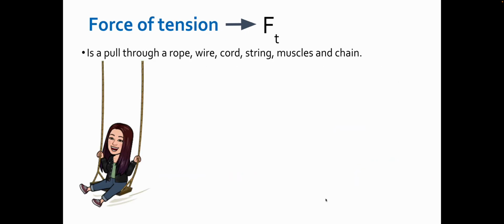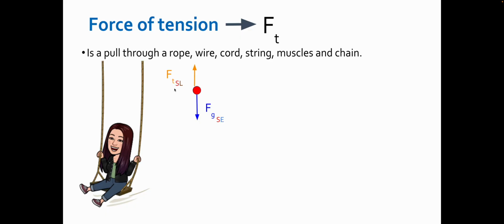Force of tension is a pull through a rope, wire, cord, string, muscles, or chain. So it's F with a lowercase t. And so we're going to draw a force diagram of me on a swing. So this red dot represents me and the swing chair probably. I'm going to pretend that me and this little wooden board that I'm sitting on, that's our system. The rope is not part of the system and the earth is not part of the system. So we've got a force of gravity on the system by the earth,